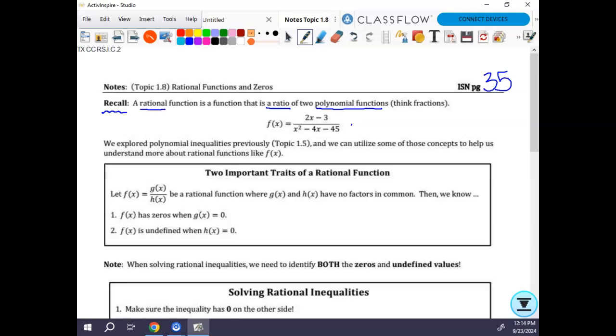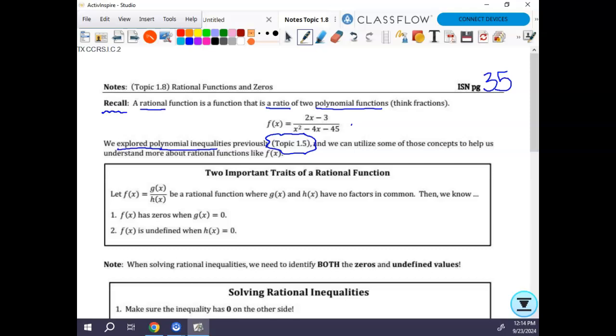We really did explore polynomial inequalities previously in 1.5. Oh, holy cow. At least I did. I don't know what y'all were doing because the quiz didn't reflect very well on this. And so this is going to be the same thing as 1.5 basically, but for rationals. And it's not going away. All right? So we can utilize some of those concepts that we already learned in 1.5 to help us understand